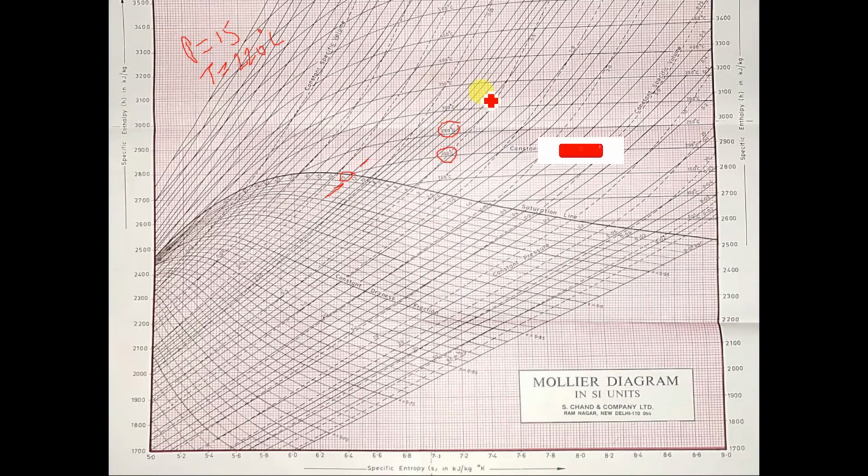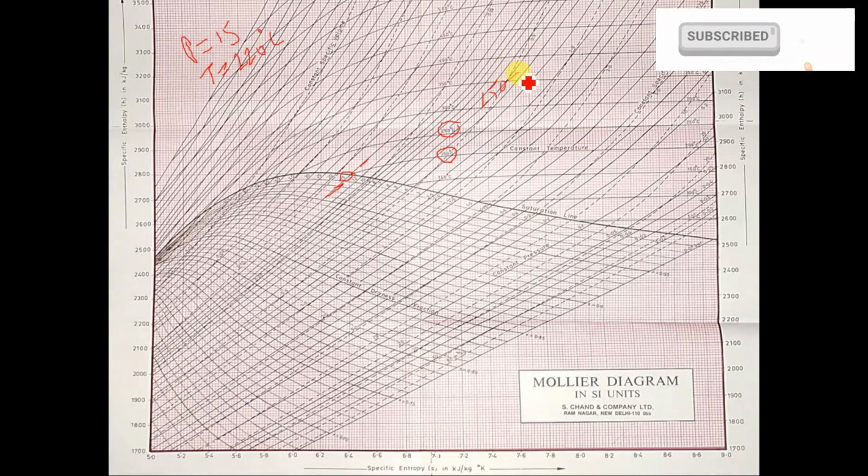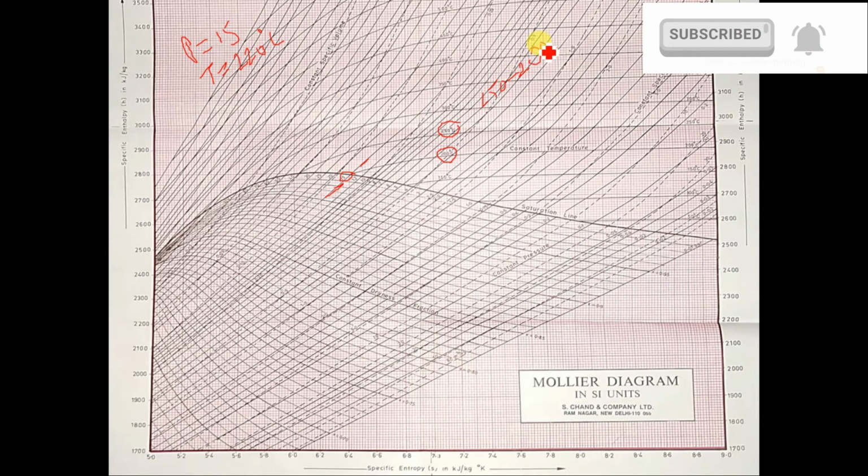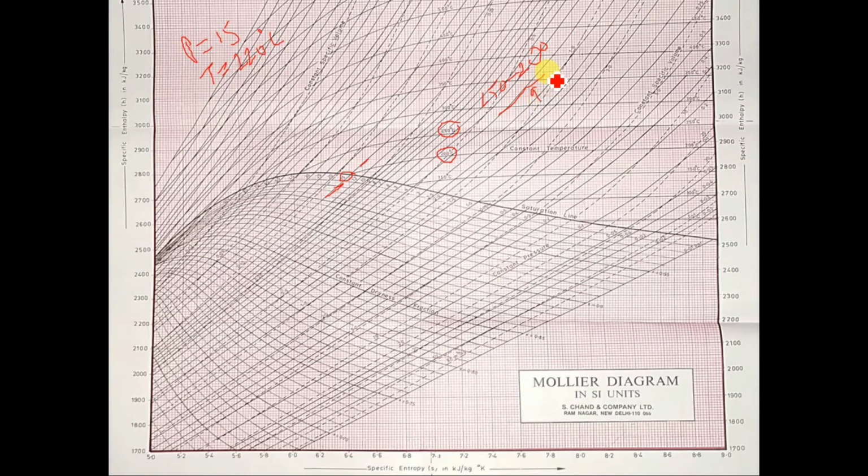So what is the difference between 250 minus 200 divided by 9 boxes? So per box we will come to know how much it is. Let's check it out. 5.55 per box. How much we need? 20 we need. So 20 divided by 5.5, because 200 plus 20, right? So 3.6 boxes we can mark the point.